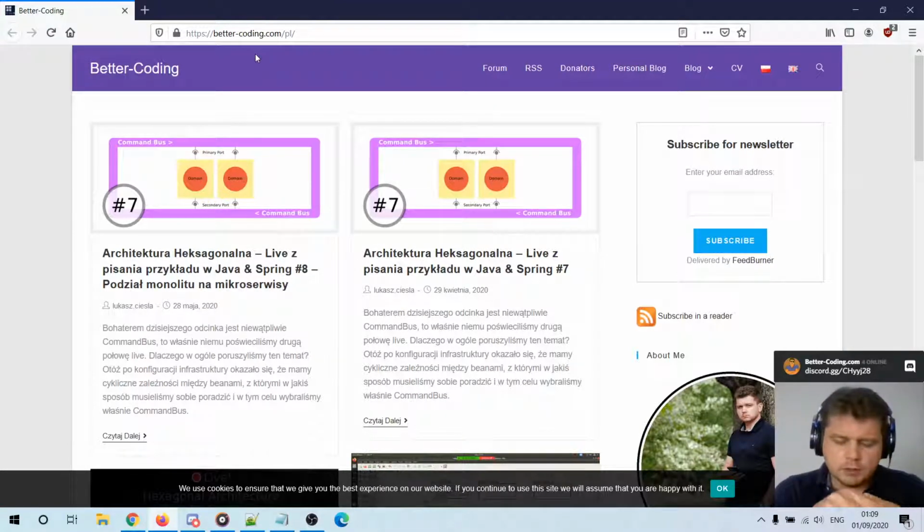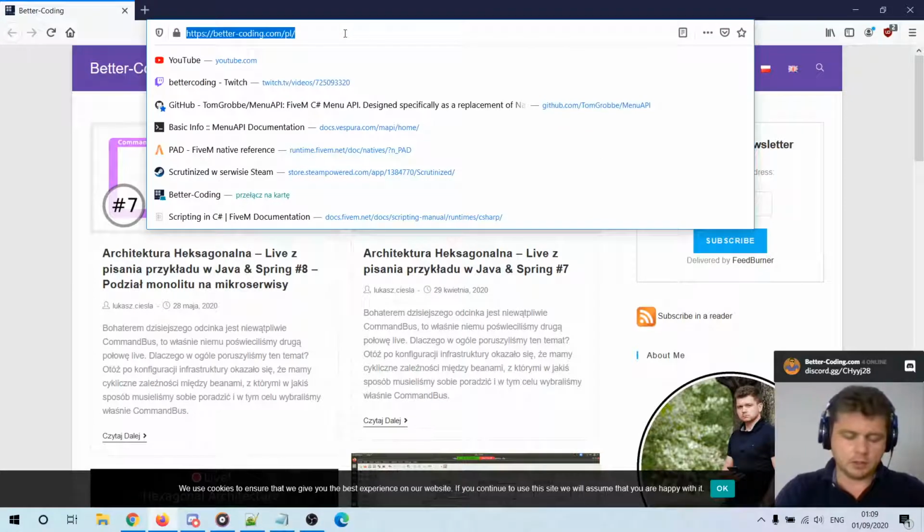What I wanted to do was write my own FiveM plugin in C#, and I wanted to do some UI written in NativeUI, but I couldn't find any NativeUI DLL file that works for me, because when you type in your browser, let's say, NativeUI